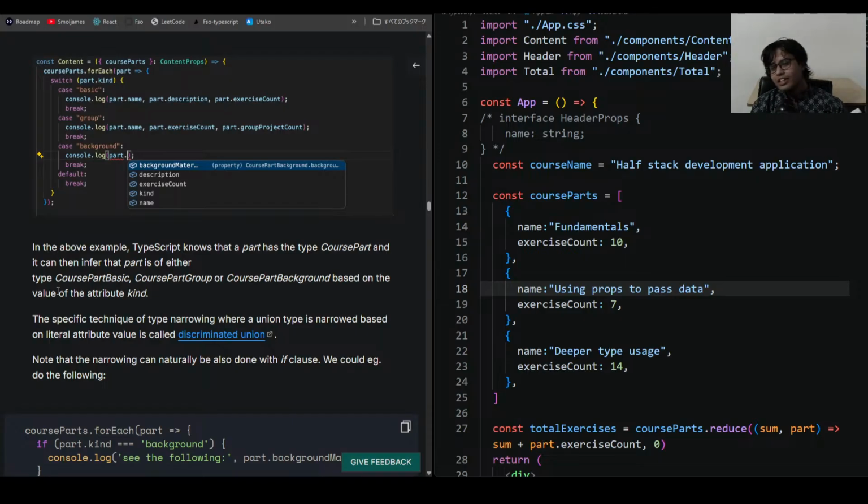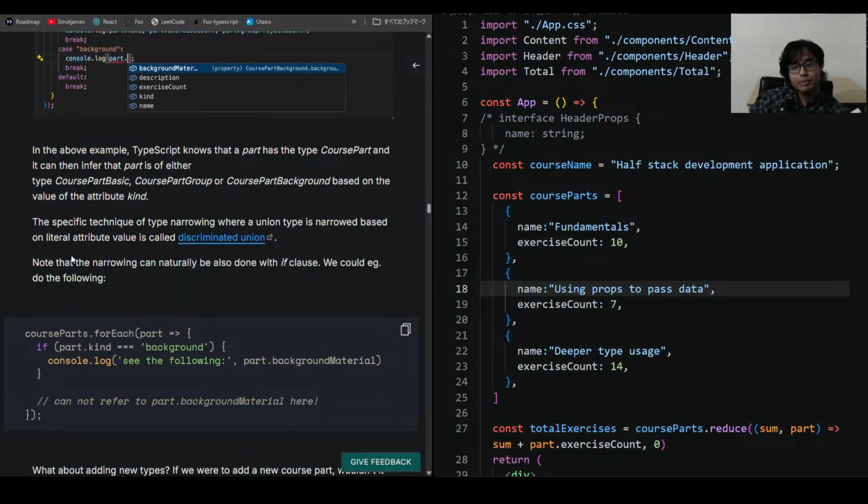In the above example, TypeScript knows that a part has the type course part and it can then infer that part is of either type course part basic, course part group, or course part background based on the value of the attribute kind. This specific technique of type narrowing where a union type is